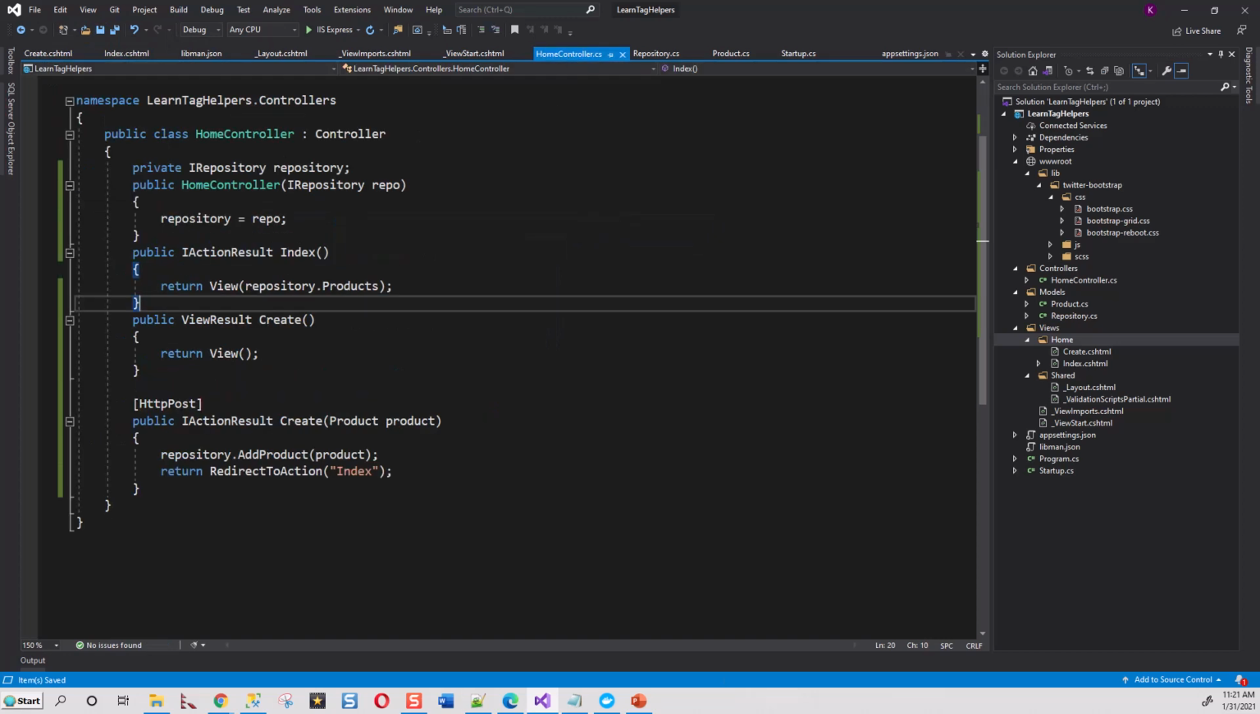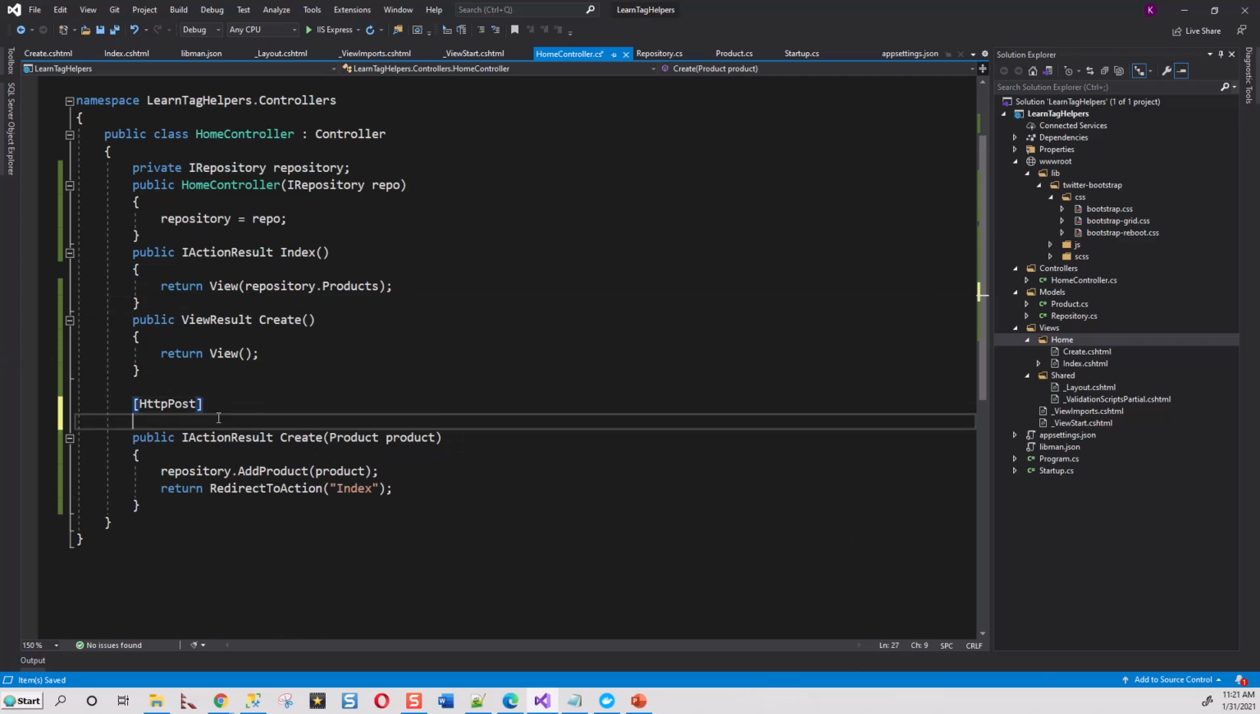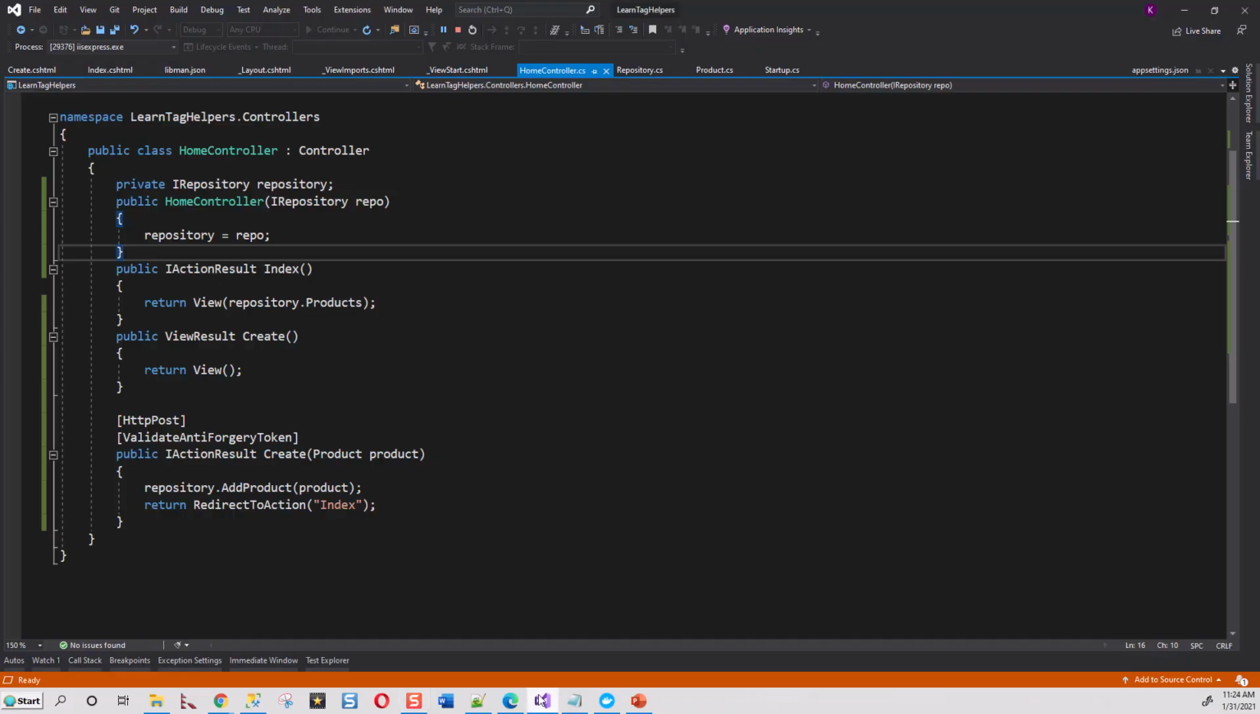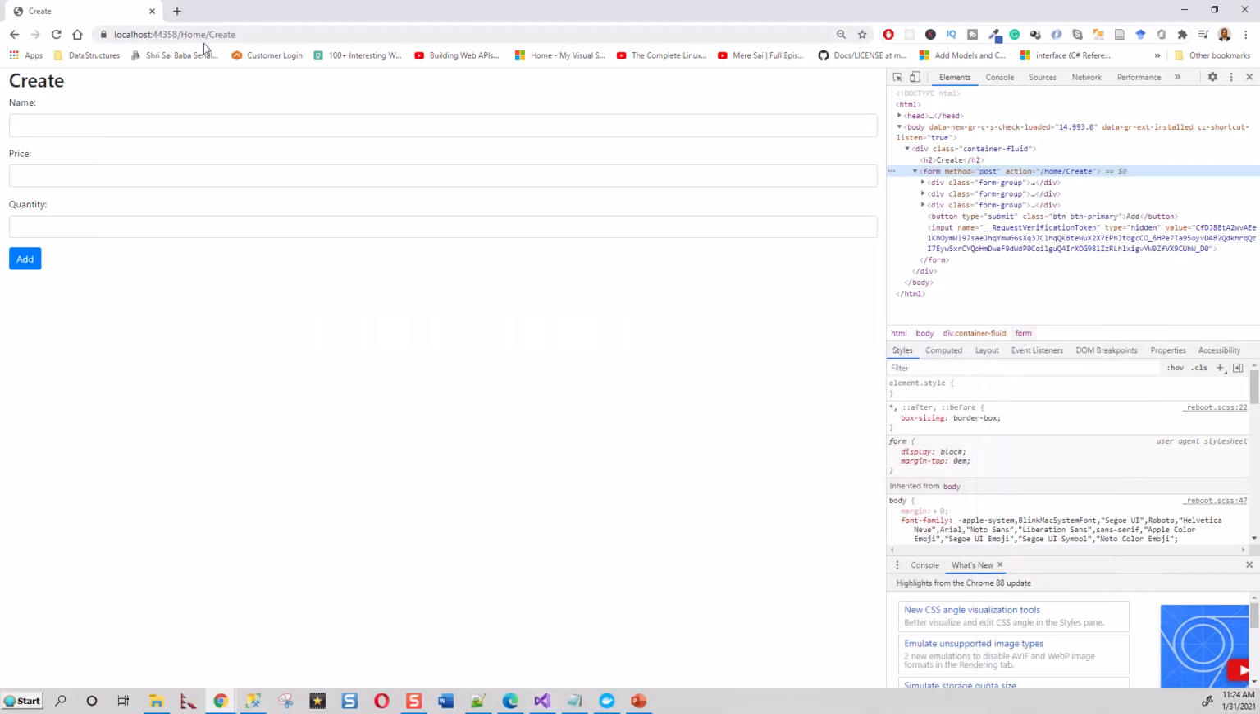and below this HTTP post attribute, add another attribute, ValidateAntiForgeryToken, and then save it. Okay, now if I rerun the application, let's rerun the application and check the HTML code generated. Now I have rerun this application by clicking the F5 over here. It's in the running mode, and I have browsed to